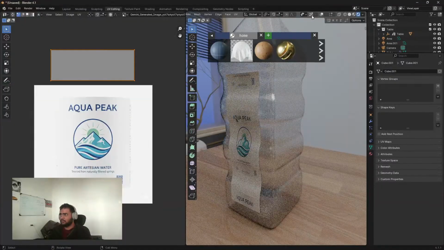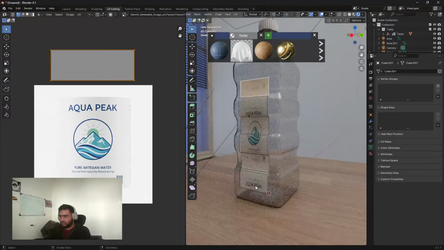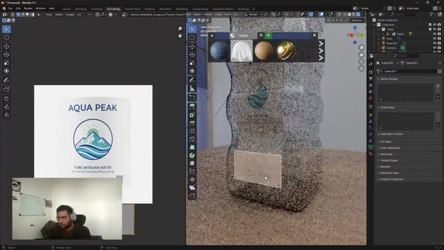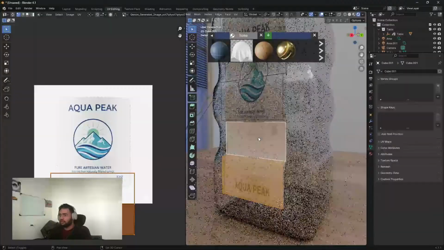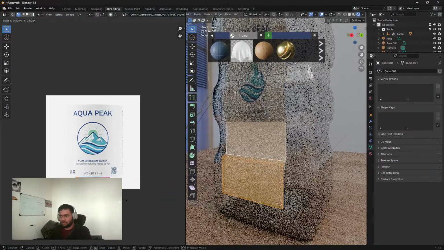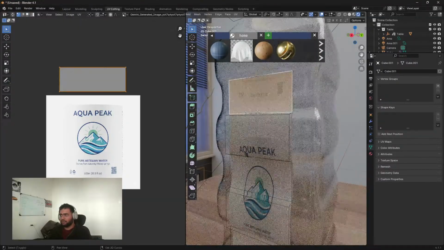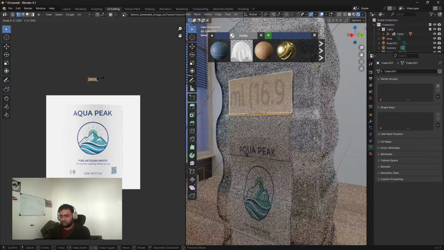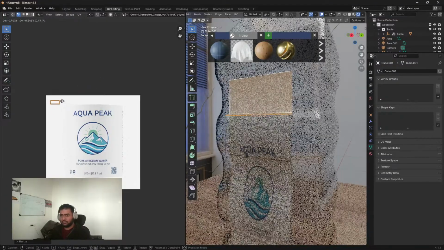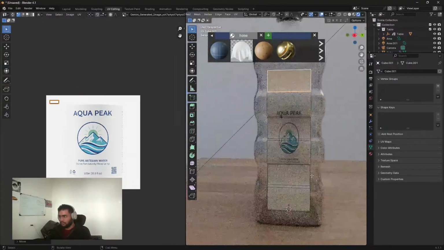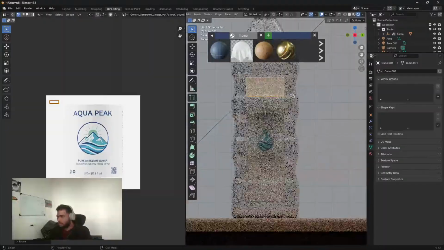What I'll do is enable it back on, and I don't want a logo here, or here. So I'll just scale it down, just place it here. Also similar for this one and this one and this one. Scale down and this here. So now what I want to do is